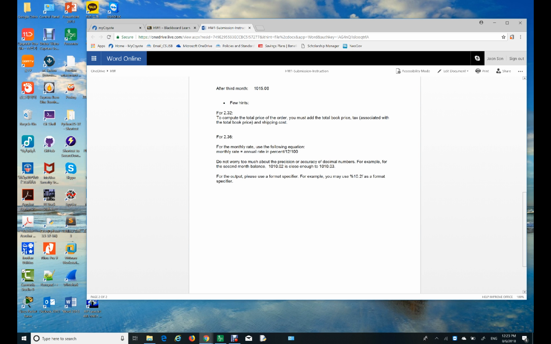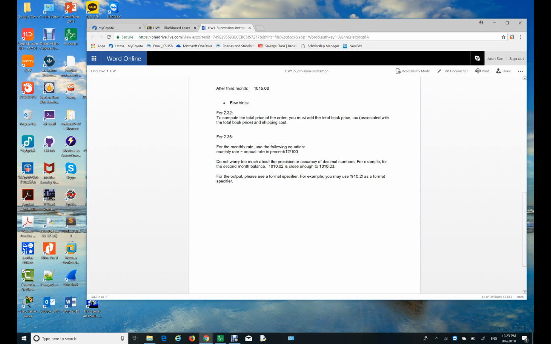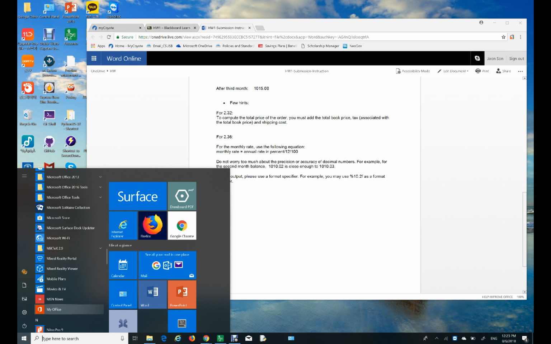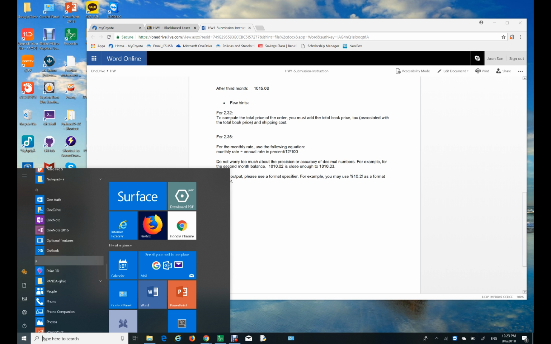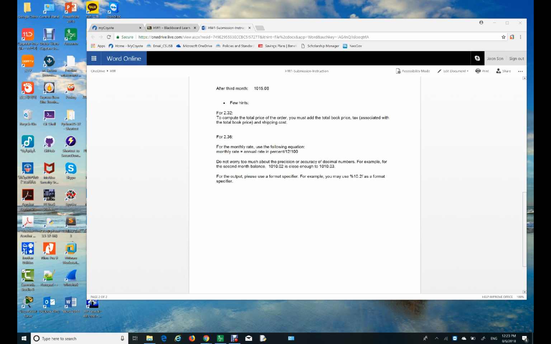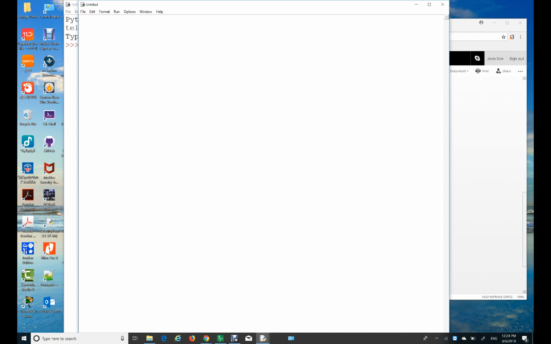Okay, so let's just implement this pseudocode in Python. First, open your Python shell, Python IDLE. And then edit, new file, and then your initial balance is equal to, I'm just following the pseudocode,